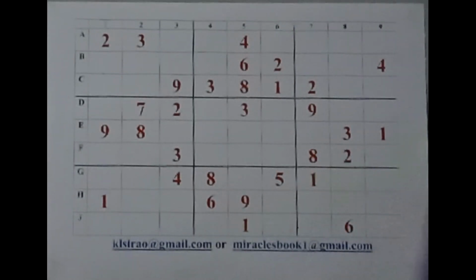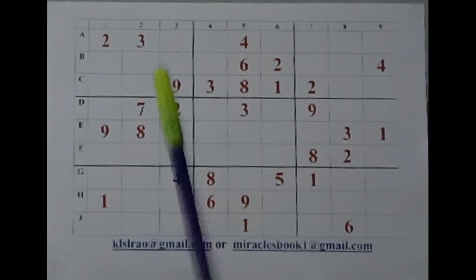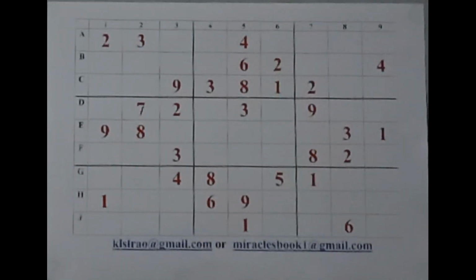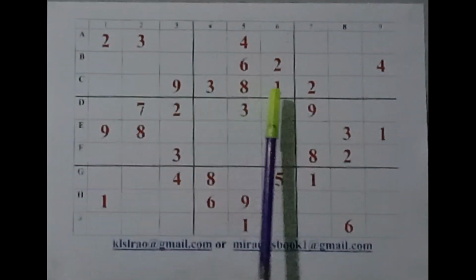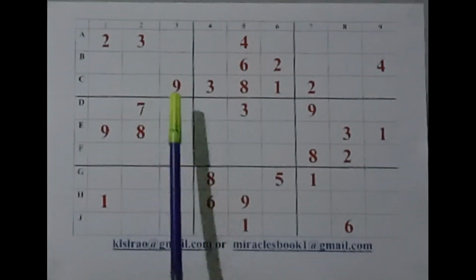So here is our puzzle. Of course, a number of people have appreciated this puzzle and they also tried and have succeeded. Some of them have informed that they are waiting for this video. I am glad about it. Let's start now. In this top horizontal strip, 1 appears just once, 2 appears 3 times,